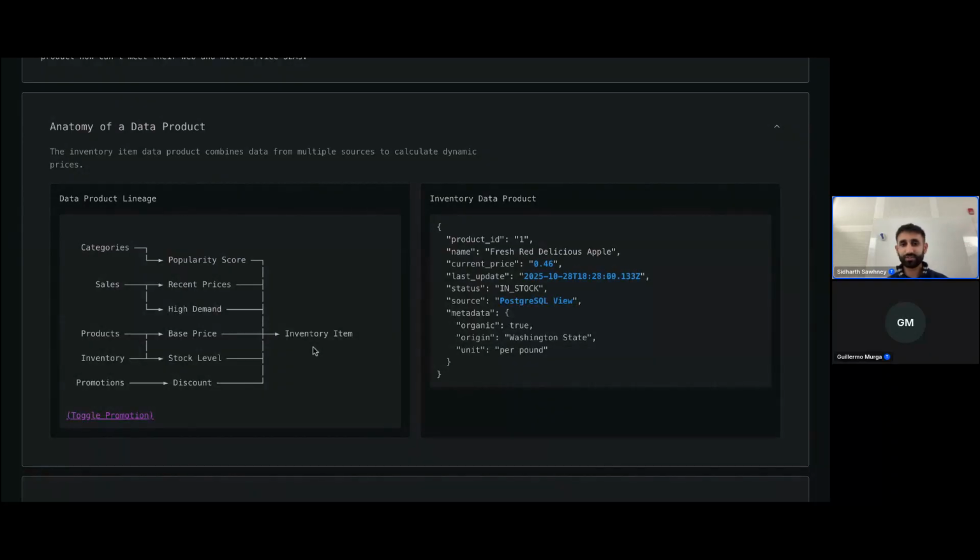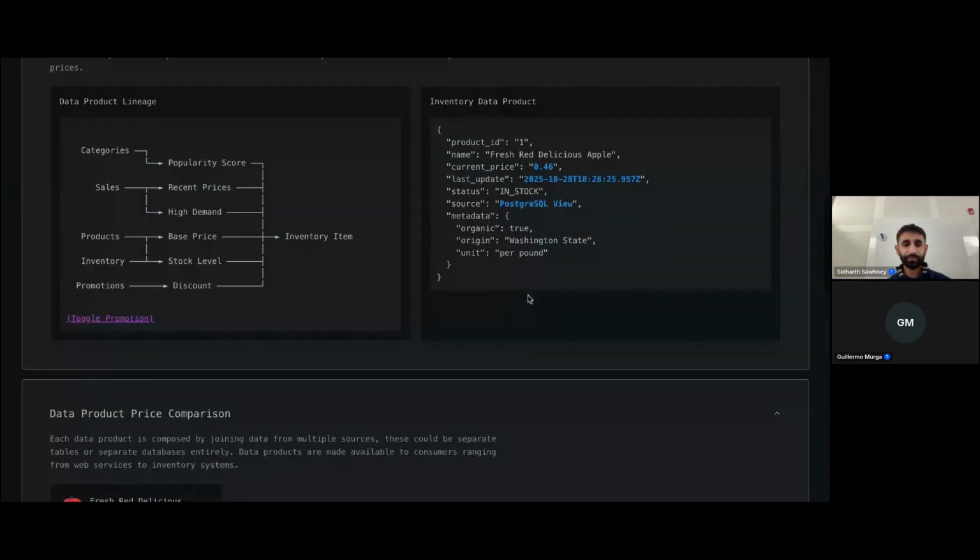Freshmart is a grocery store, so they have different inventory items, and inventory items have a couple different properties, but we want to specifically look at price. Price for these inventory items changes over time based off of demand, based off of supply, based off of discounting, etc. There's a couple different pieces that go into it.